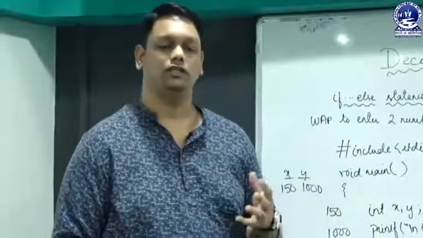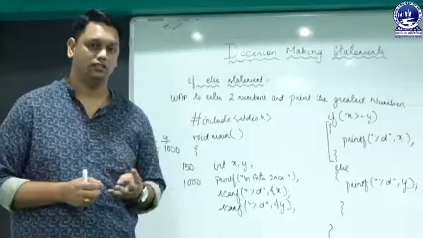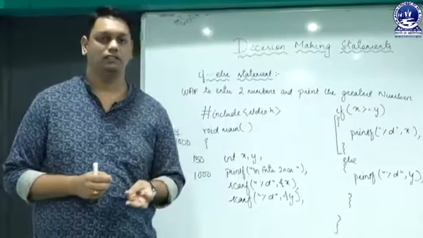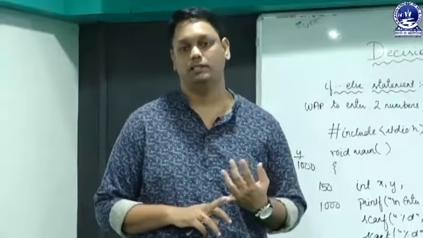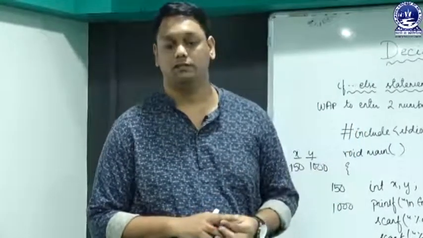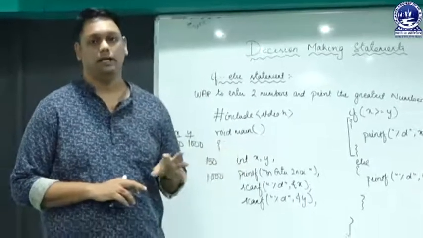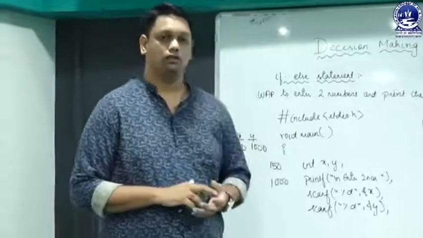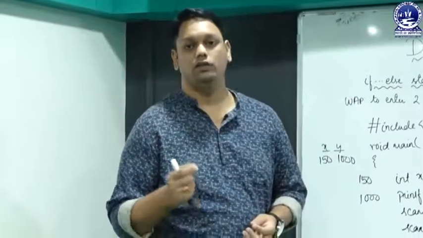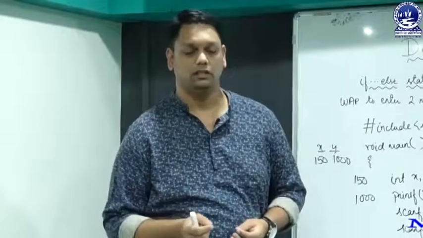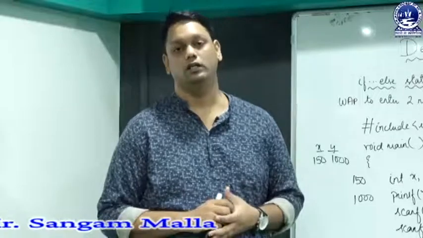So dear viewers, you have already seen two variations of the if block. Decision making statements have four variations: if, if else, else if and nested if. Among the four variations, we have already discussed the simple if statement and the if else statement, and gone through many examples of both. In the next topic, we will cover the next two variations of the decision making statements, that is the if else if statement and the nested if statement. I think you now have a better idea of using the if statement and if else statement according to the need of the program.